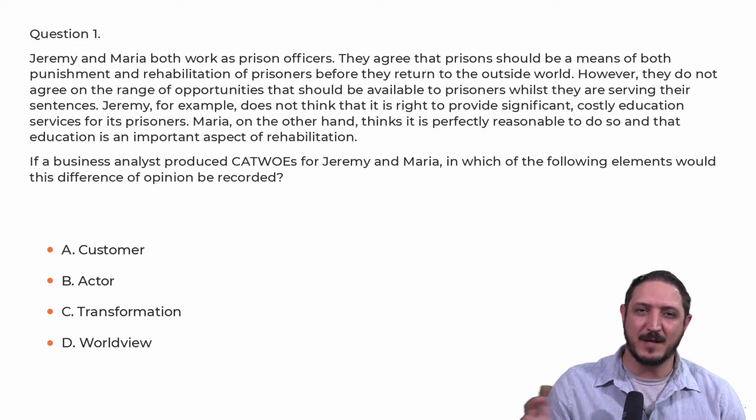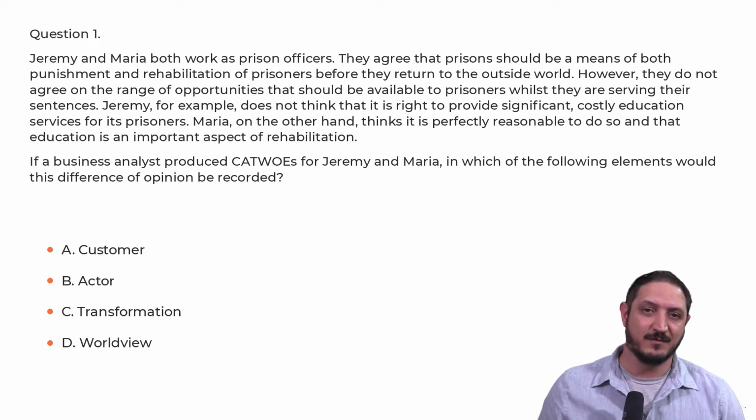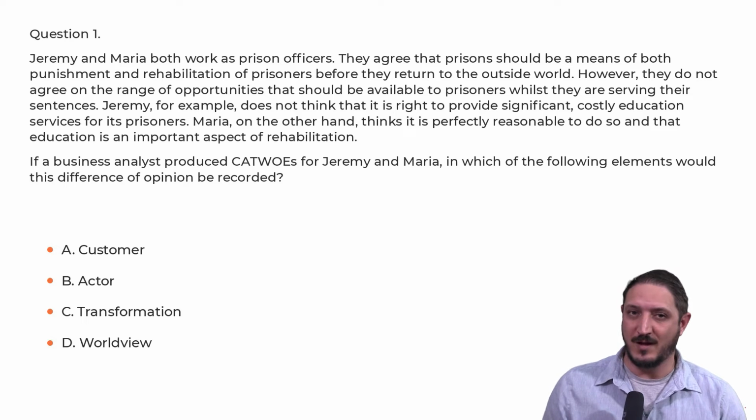So whether they're eliciting information from them, trying to understand a specific business context, developing a strategy, changing a process or implementing a new IT system, a business analyst may need to first understand the different perspectives of these different groups of people. So here we can use the CATWOE technique. What we would do is take all of the stakeholders or groups who are relevant to our project, and